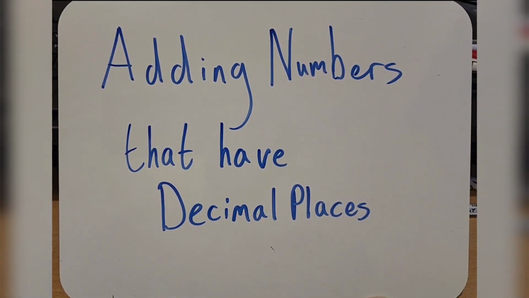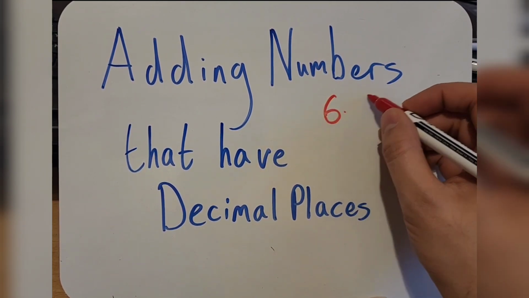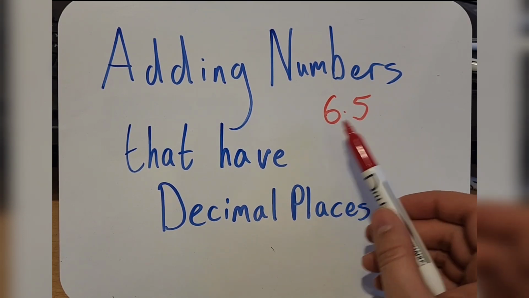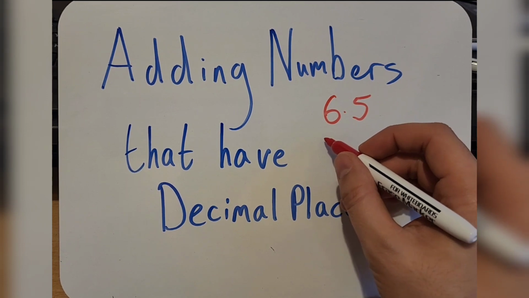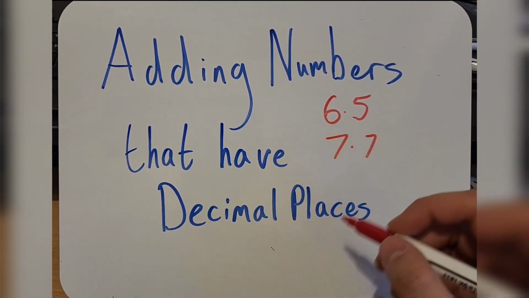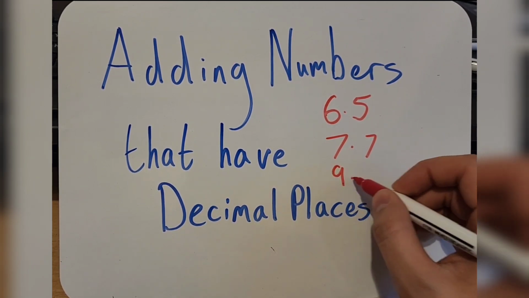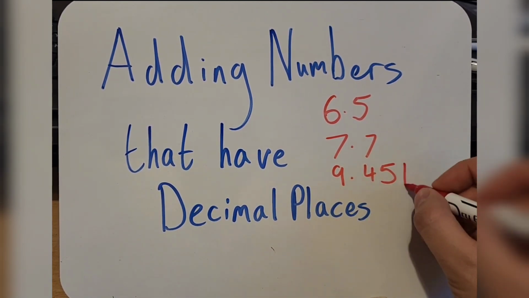Here in this video, we're going to look at adding numbers that have decimal places. So we're going to start off with some numbers, something like 6.5, a nice easy decimal to one decimal place. Then we're going to move to anything else, 7.7. We will go to 2 decimal places, so we might look at 9.45. And some of the examples may even include 3 decimal places, and we get to something like